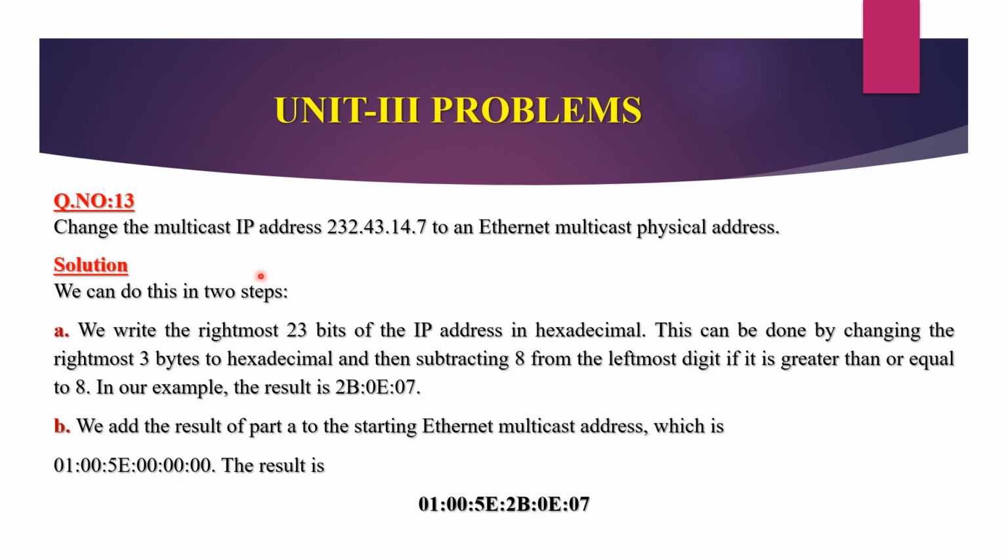Change the IP address 232.43.14.7 to an Ethernet multicast physical address. We can do this in two steps. The first step is